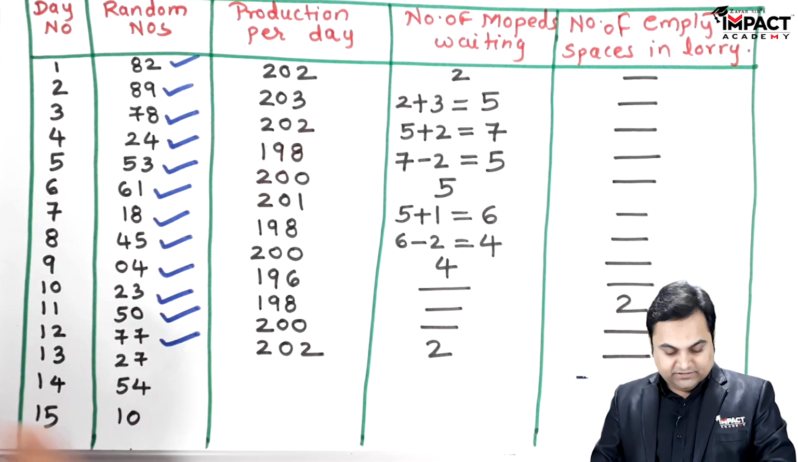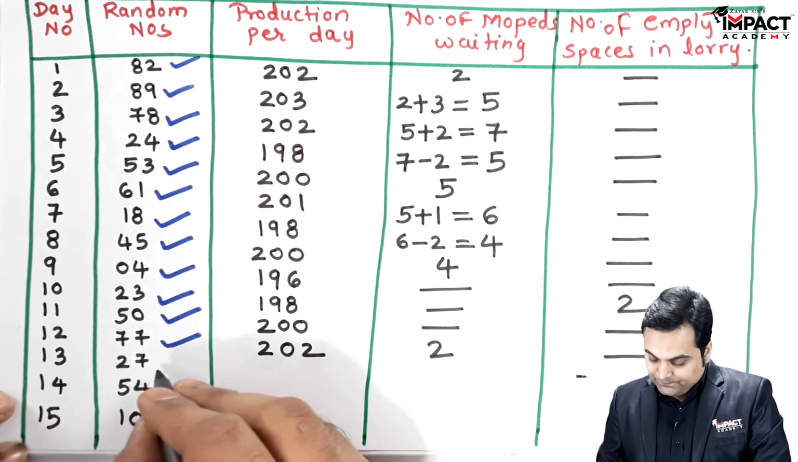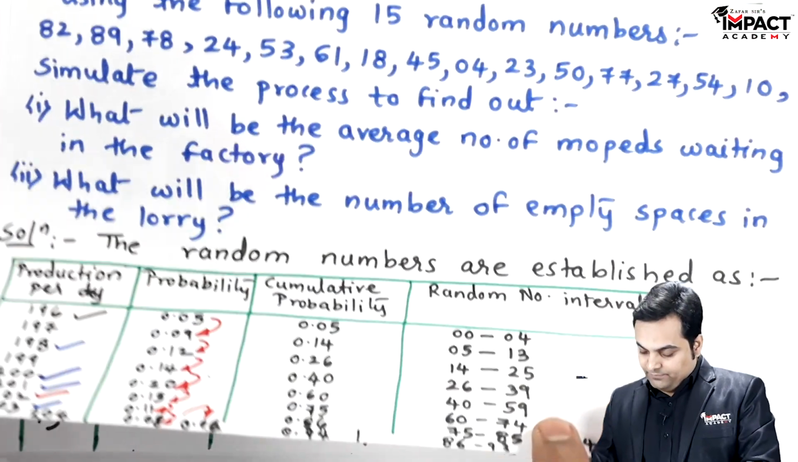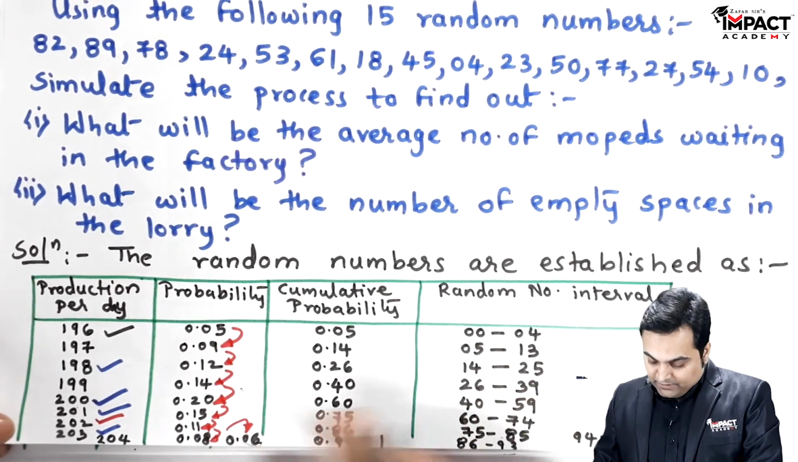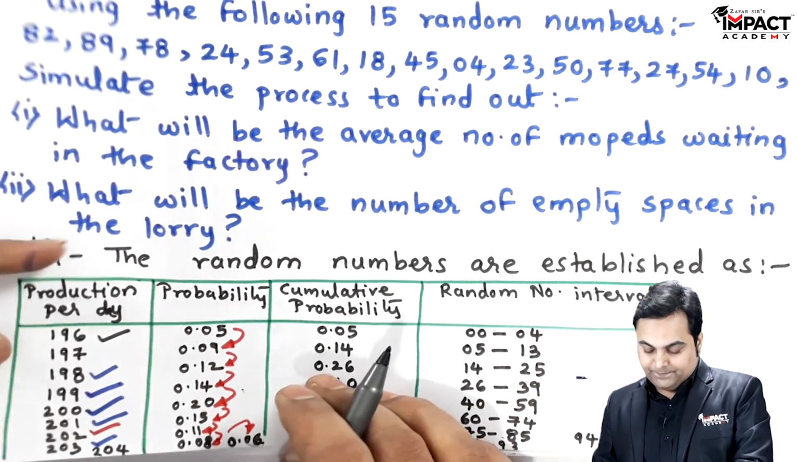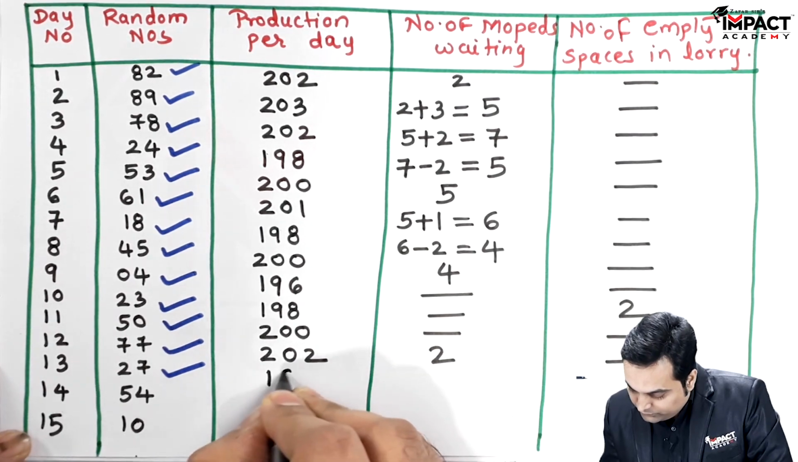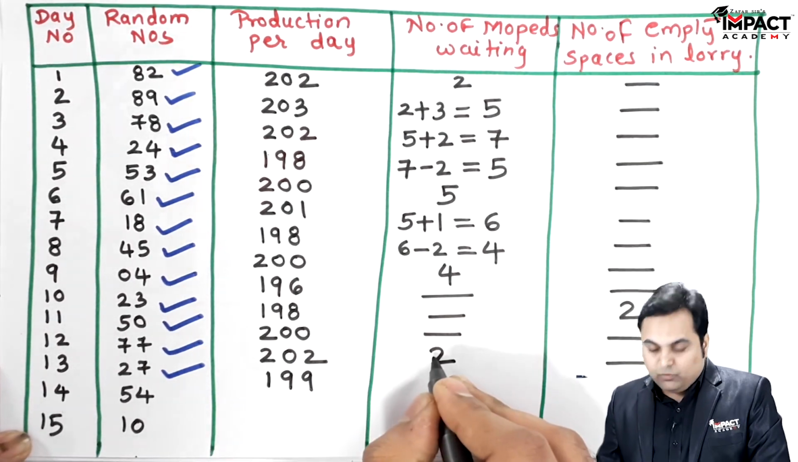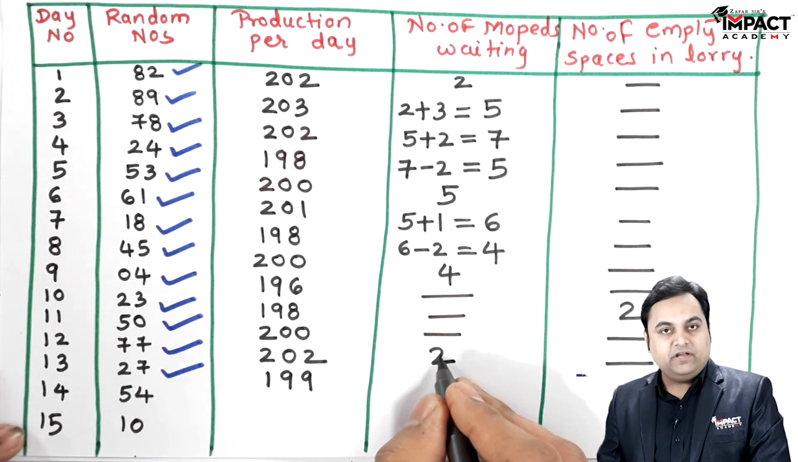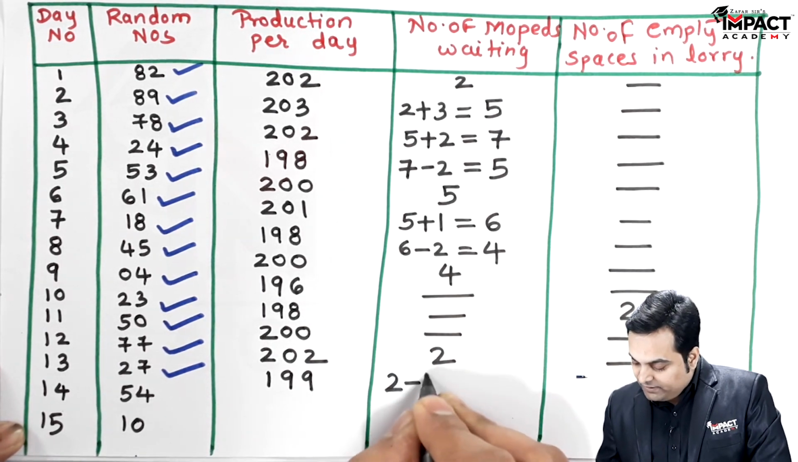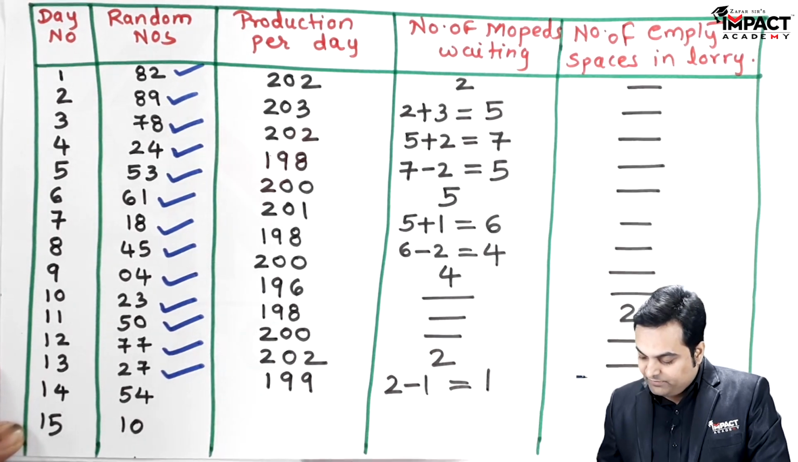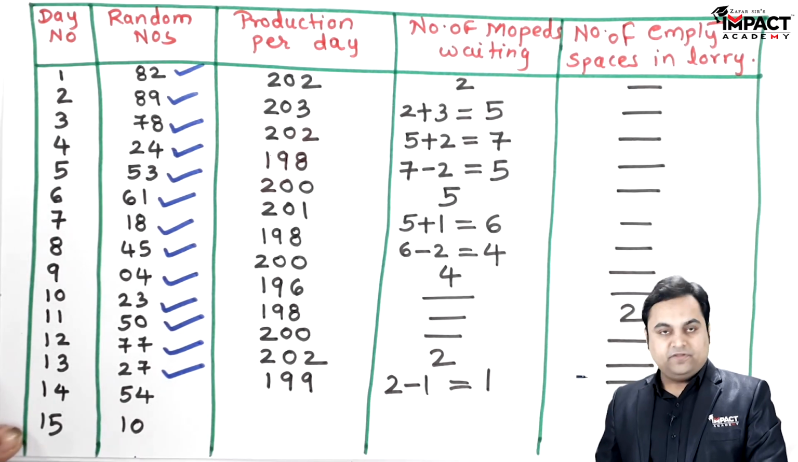Next, after that the number is 27. Go into the random number interval. 27 is between 26 to 39 and the production per day is 199. So it is 199. Now 1 moped would be given from here, since we have 2 mopeds and we want 200. So 1 moped would be given. So 2 minus 1, that is 1 is still remaining, and again there are no empty spaces because 200 would